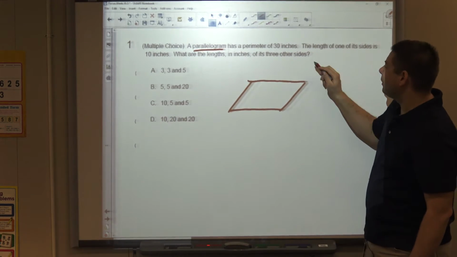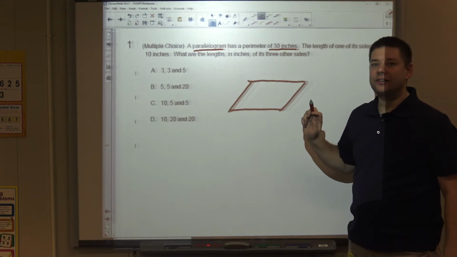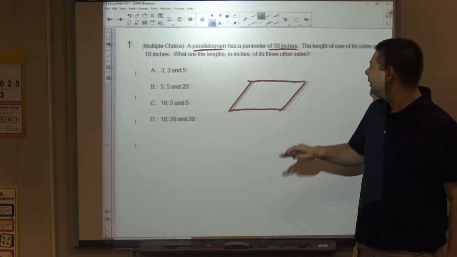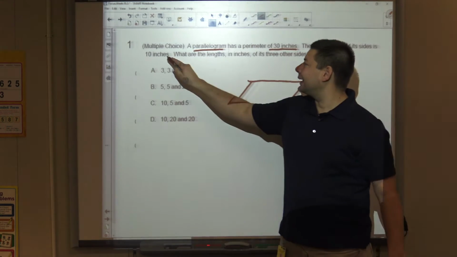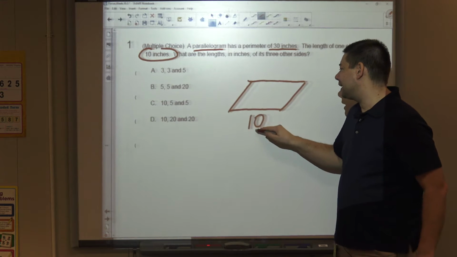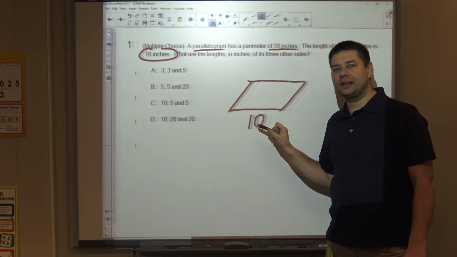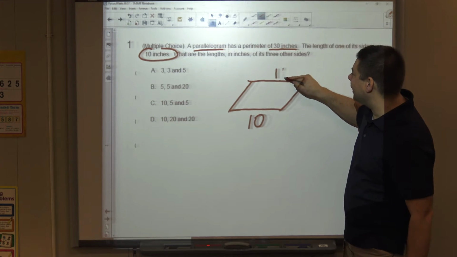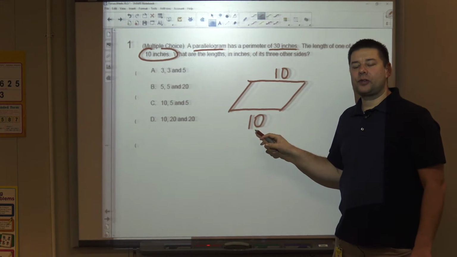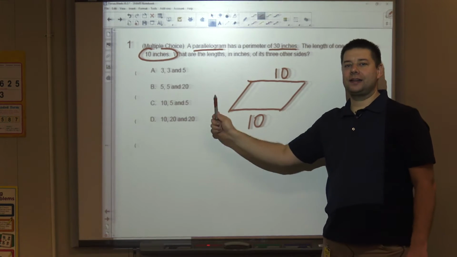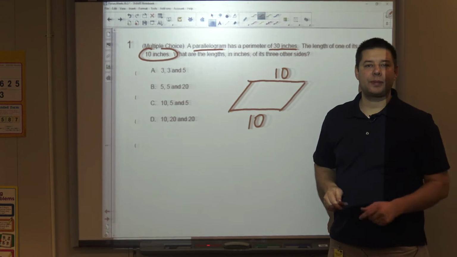touch. Now we know that the perimeter of the whole thing is 30 inches, and perimeter is the measurement of the outside of the shape. We also know that one of the lengths of its sides is 10 inches. So I'm just going to label this side 10. Now if I know that this side is 10, and this is a parallelogram, then this opposite side has to be 10. So I labeled the bottom and top as 10. I could have easily labeled the sides as 10, but I chose top and bottom just because